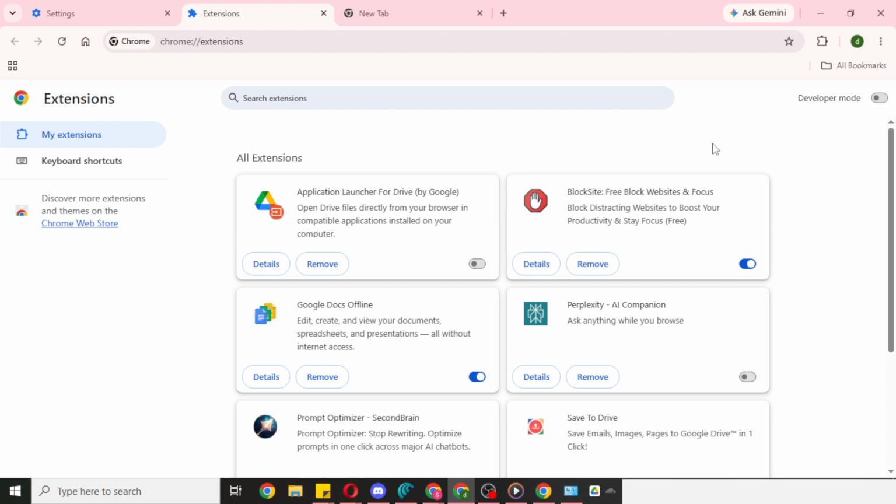That's all there is to it. Opening Chrome, going to the three-dot menu, selecting Settings, and then visiting Extensions gives you full control over what's installed in your browser. Removing unused extensions can help keep Chrome cleaner and sometimes even improve performance, while disabling them gives you a safer way to make temporary changes without deleting anything